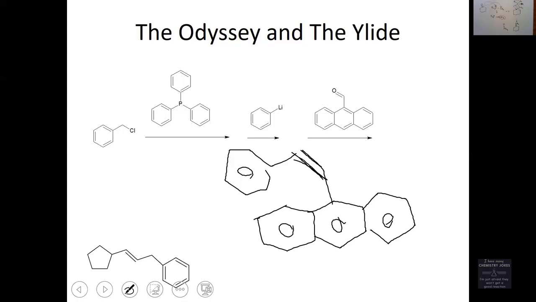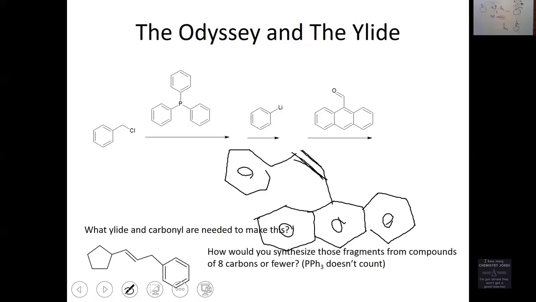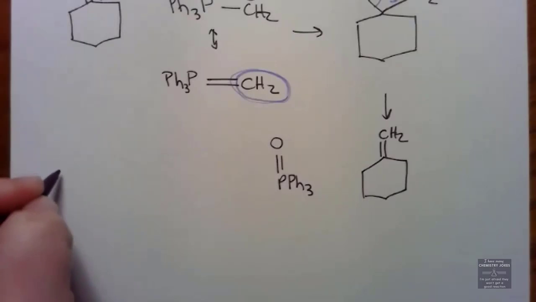What if I ask you to synthesize a molecule? What ylide and carbonyl compound are needed to make that alkene? And how could you synthesize the ylide and carbonyl from compounds 8 carbons or fewer? Note, PPh3 doesn't count. This also says do it from 6 carbons and fewer. We're going to try it. I should have shown this earlier,